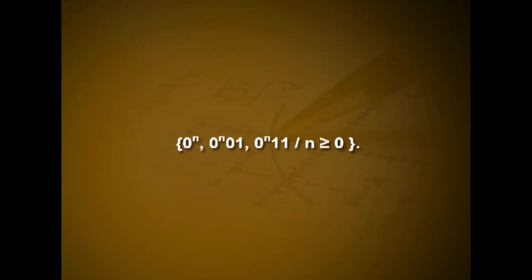The only such strings are strings consisting of 0 or more consecutive zeros followed by 0, 1 or 1, 1. Because S0 and S4 are the only final states, the language recognized by the machine is the set 0 raised to n, 0 raised to n 0, 1, 0 raised to n 1, 1 for n greater than or equal to 0.